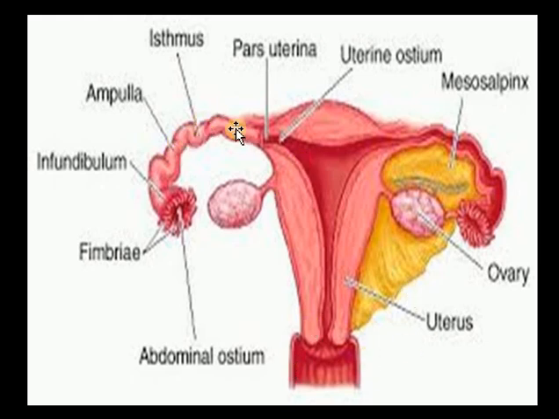From here, the uterine ostium, the sperms will come and fertilize the ovum which is in the fallopian tube, and once they fertilize, they are implanted from this uterine ostium only. They will come and implant inside the uterus. So for proper conception, the opening of the fallopian tube is a must.